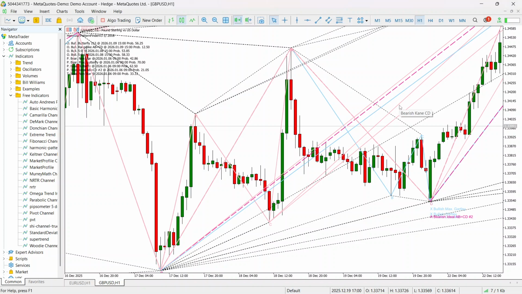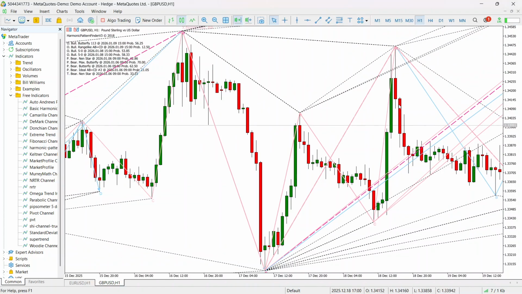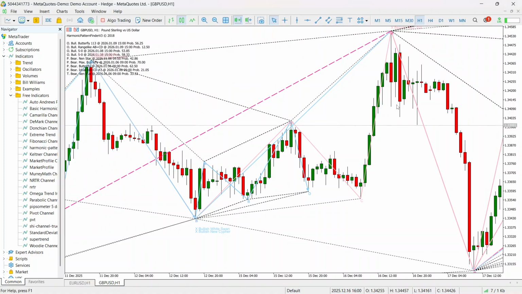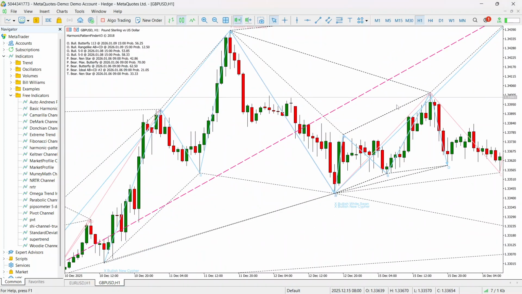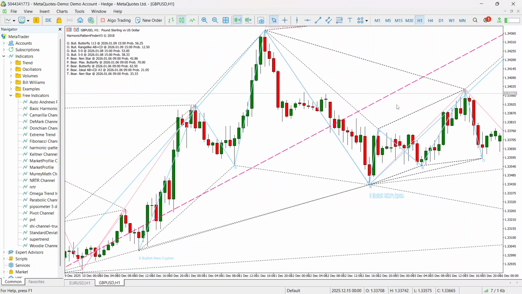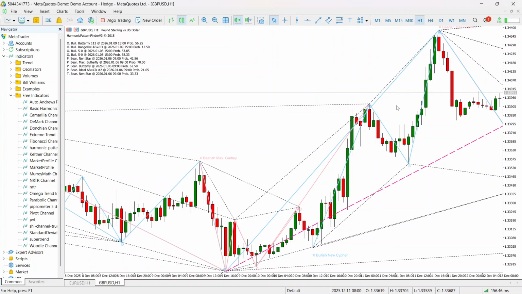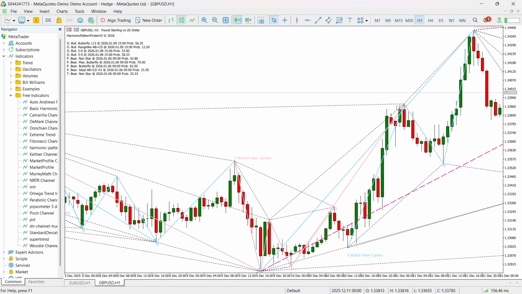Hi traders, in this video we are looking at the ZUP Harmonic Indicator for MT4 and MT5. This advanced harmonic pattern recognition tool automatically detects and plots classic patterns like Gartley, butterfly, bat, and crab with precise Fibonacci ratios for high probability reversal trading. In this video, you'll see how the ZUP indicator works, how harmonic patterns are identified, and which trading strategies are